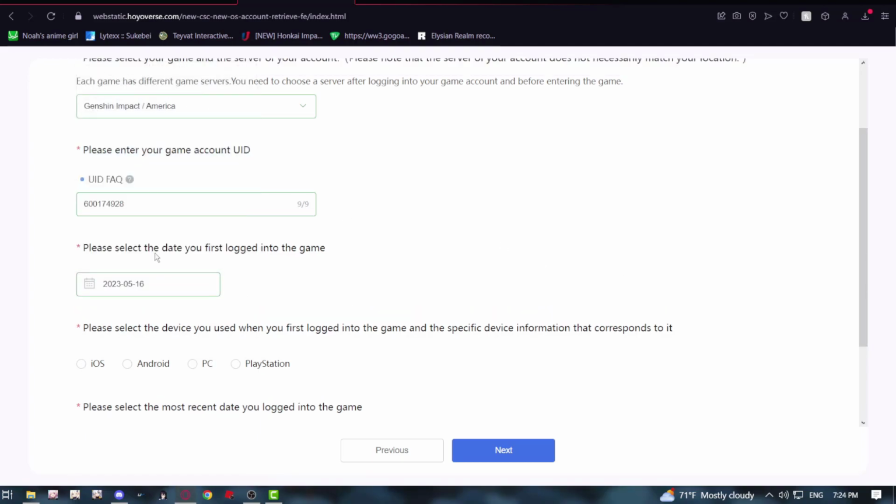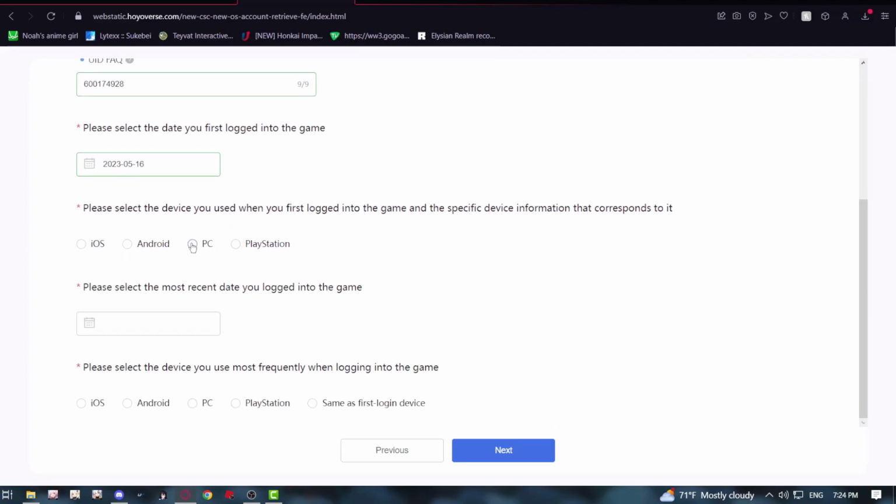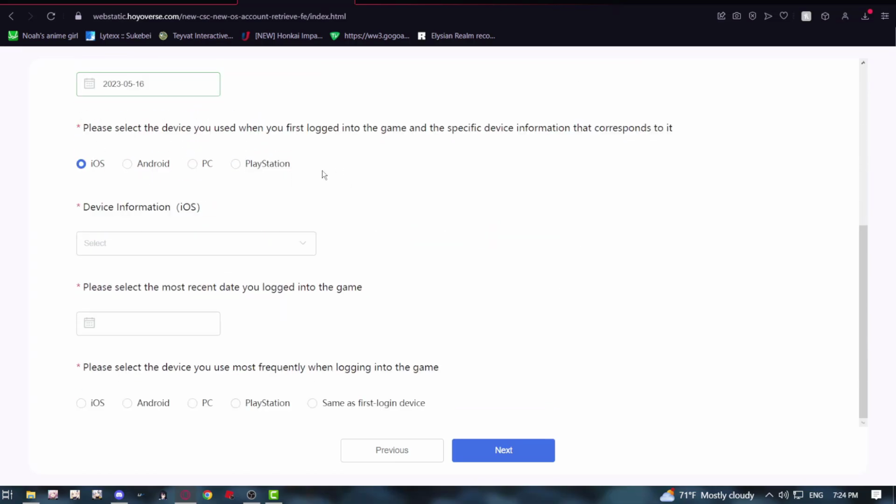How I actually personally found this was that I sent my UID out to my friends on Discord immediately when I first got Genshin Impact. So I just dug really far back for those messages on Discord. Go ahead and select the device that you first logged into the game with, and